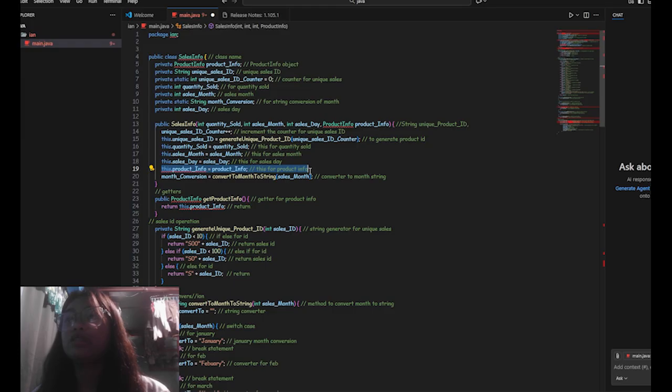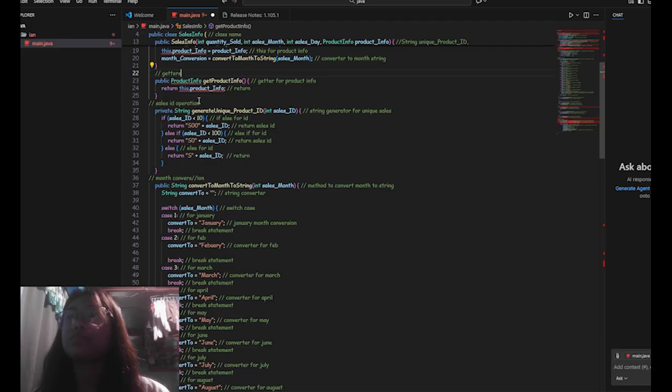Next one is this product info, which links to the specific product, and the convert month to string, which converts the numeric month into text form. The next one is the getter method to access product information and returns the product information object.